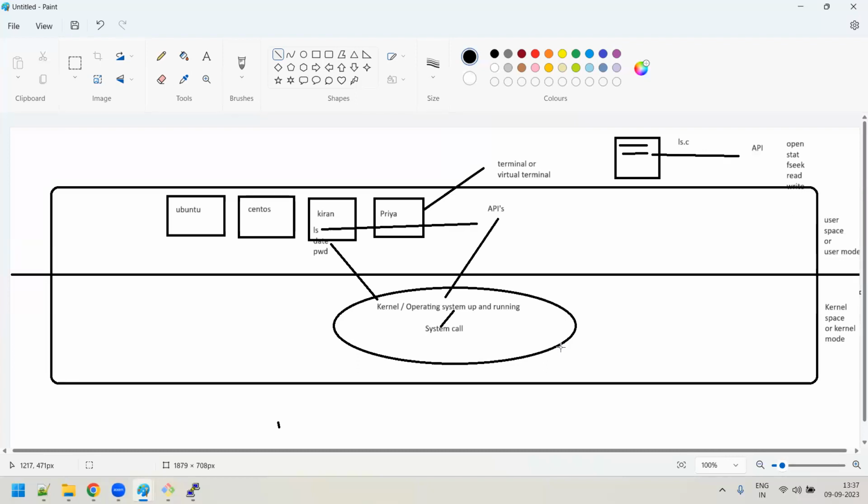What about the application level, sir? What do application programmers have to understand? They only have to understand the APIs, sir. You go to C++, C, Java, any language, they will be learning about the APIs and how to use those APIs in their program. Oh okay, that's all. So API comes in user space, system calls come in kernel space.